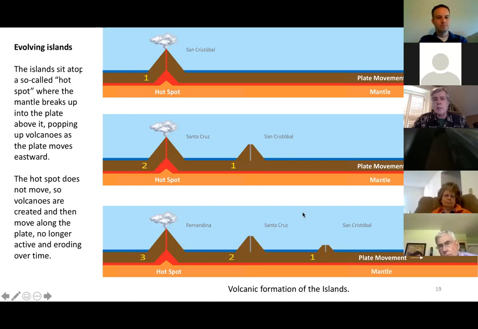And you keep doing this, and you'll notice that as the islands move towards South America, they also erode down because they're no longer being pushed up and built by the hot spot from the mantle. They're now just subject to the erosion of wind and water and rain and the ocean. And so the islands themselves are evolving, if it weren't enough that they played such an important role in